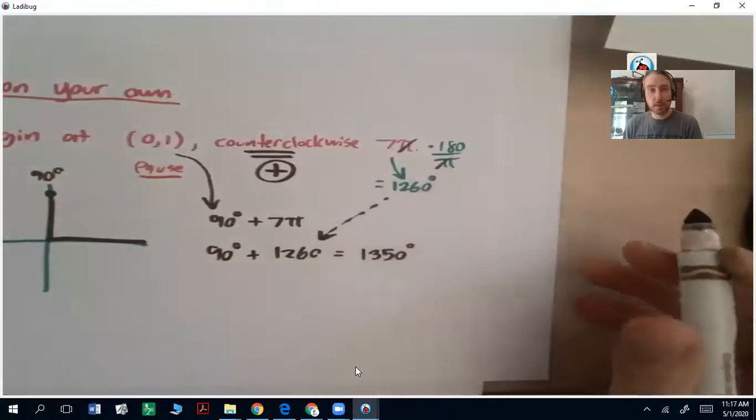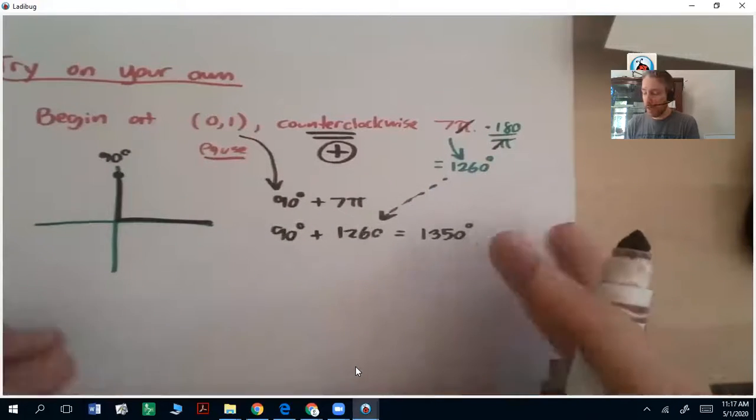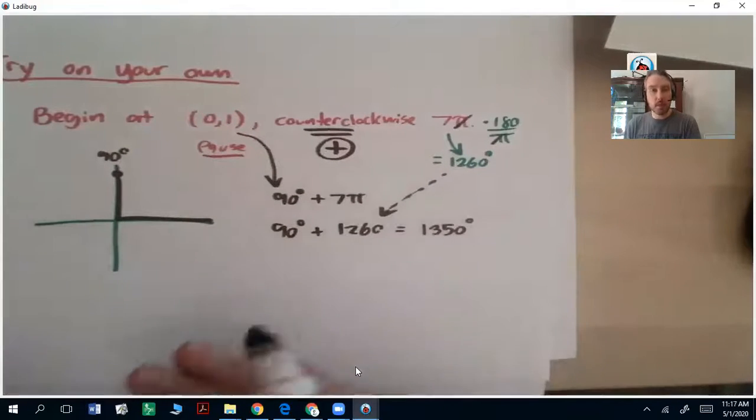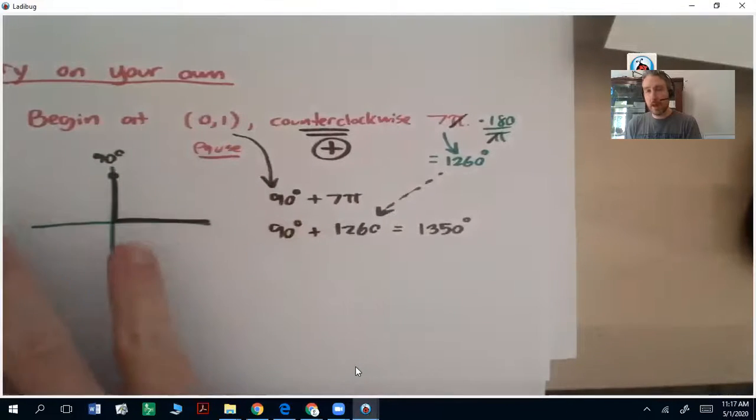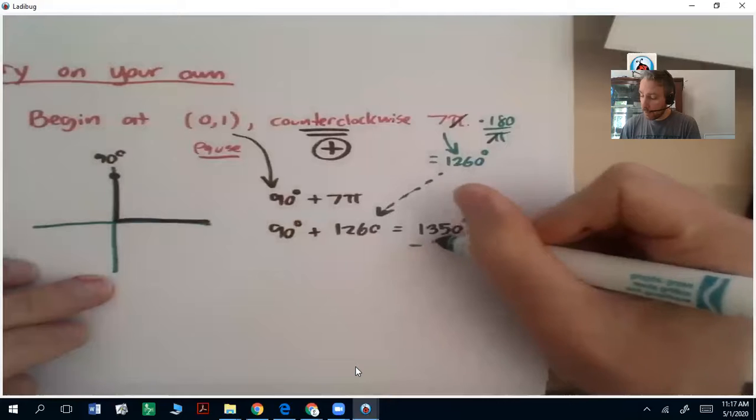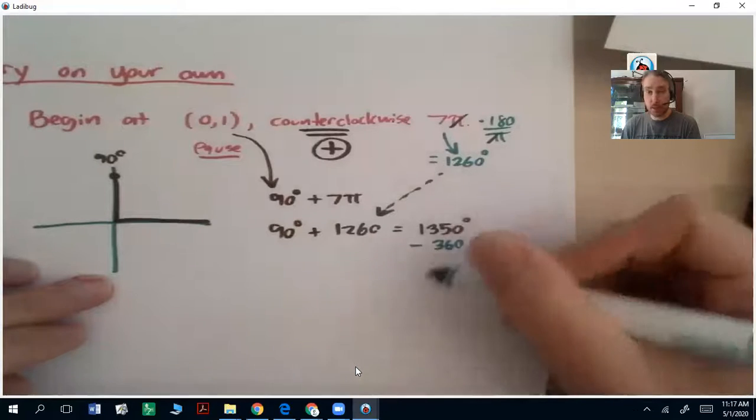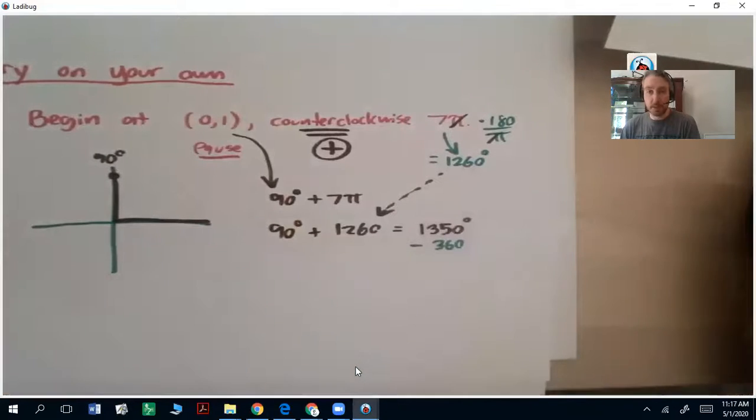That's nowhere even close to being on the unit circle. So we're going to have to bring that down into a number between 0 and 360 before I can identify the quadrant. So think back on the last example where we're doing coterminal angles. We had to subtract 360 several times on some of these to get down to a number between 0 and 360. So let's start here